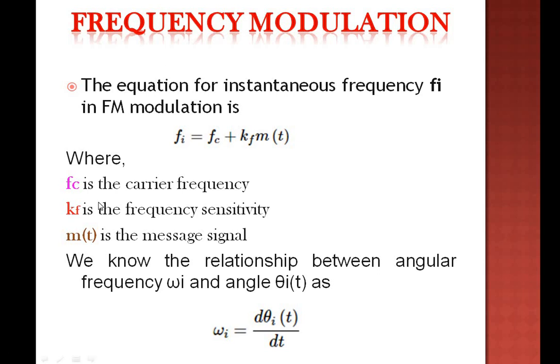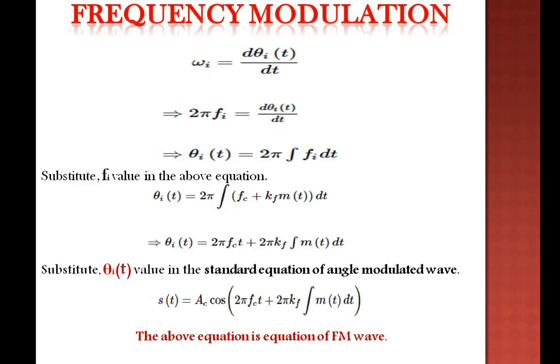So here we can find the mathematical expression by two methods. I have given one method. If you feel it is tough, then tell me and I will explain one more method, which is simpler than that one. So I have given this method to find the mathematical expression for frequency modulation. Okay. So what we know is the relationship of theta i of t and omega i of t, which is given as omega i of t equals d theta i of t divided by dt. Here Fc is the carrier frequency and m of t is your message signal. From this you have to find the relationship for frequency modulation.